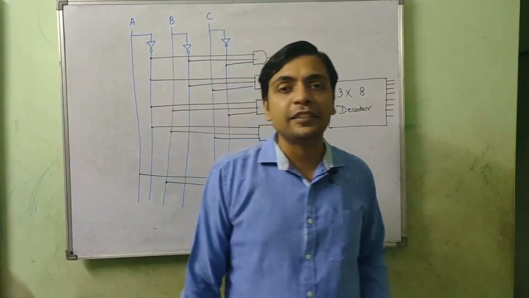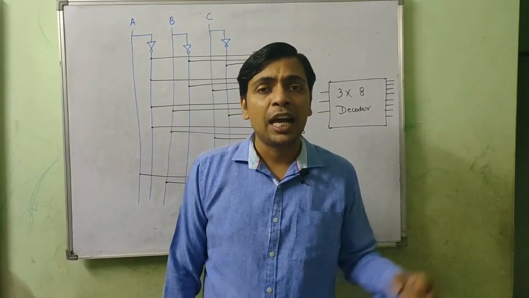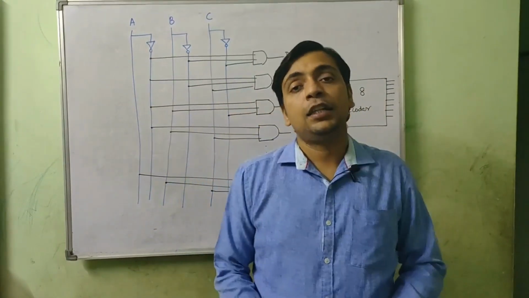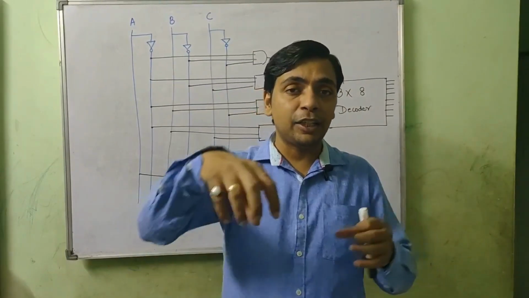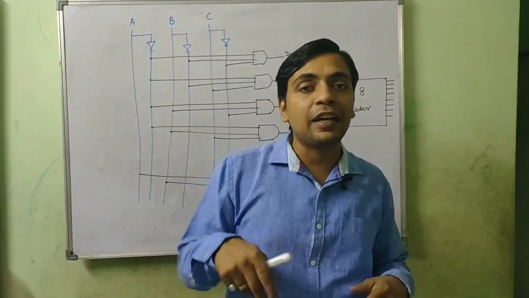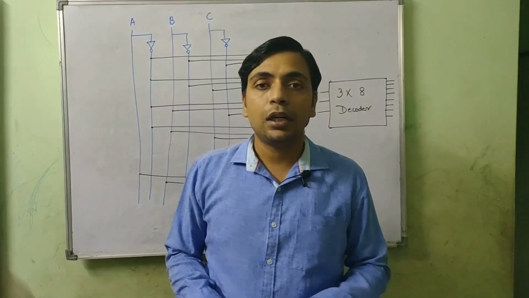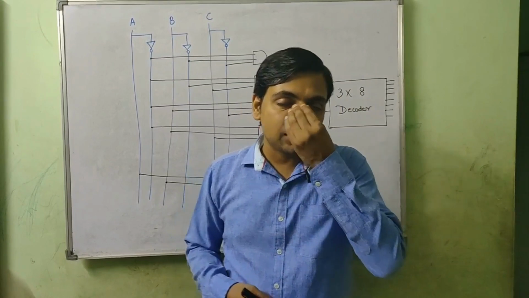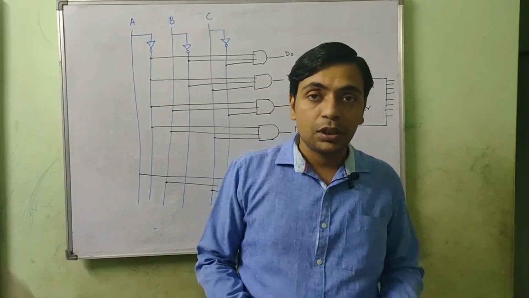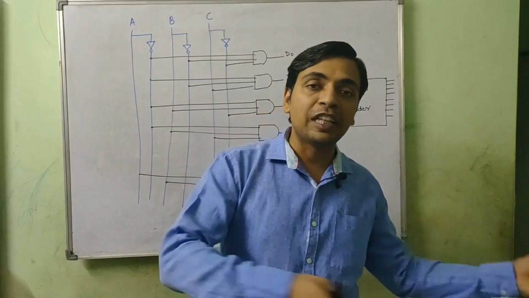Now the next combinational circuit that I am going to deal with today, and the last topic of the doubt session, is the multiplexer. Now what is a multiplexer? Multiplex, you might have heard, a place where plenty of movies are there, different audios or waves are there, different movies are running at the same time, and you choose a specific one according to your choice. So a multiplexer is a hardware which actually allows you to choose a specific value out of the given inputs.